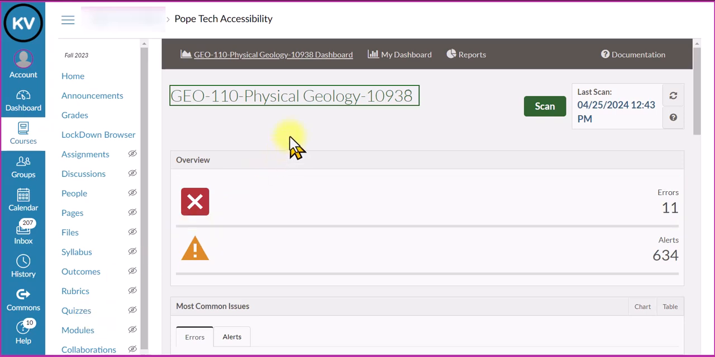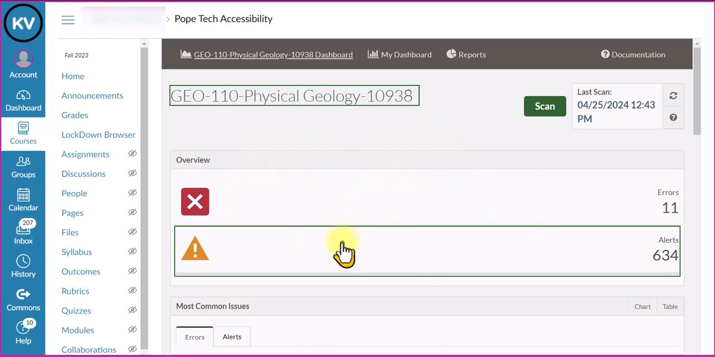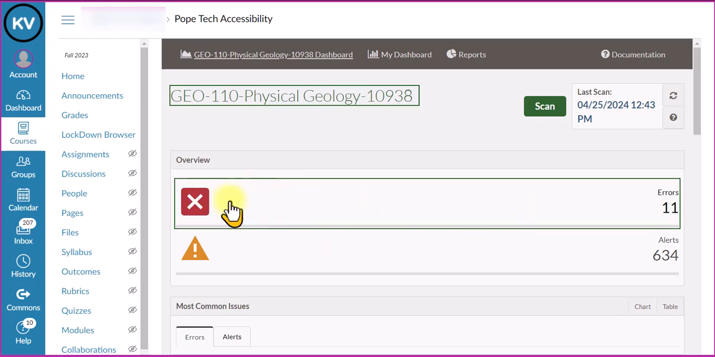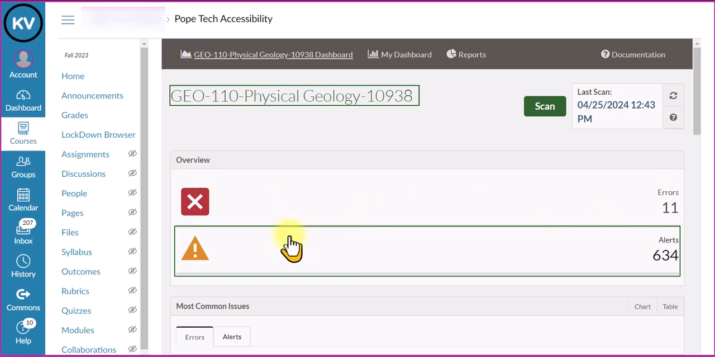And by default, it has 3 different parts to the dashboard. The first part here is the course dashboard, and that's the default. So that's a different view than here, which is my dashboard. And then, of course, there's the reports function. So we're in the course dashboard, and all the numbers and scanning that it has done is for this particular course that we're in. And so you see here that it's reporting there's 11 errors,